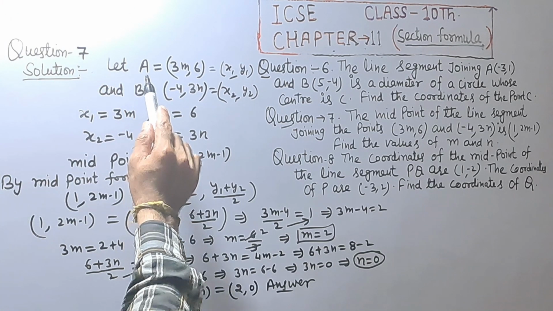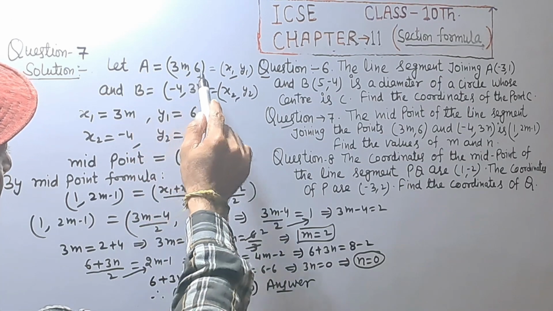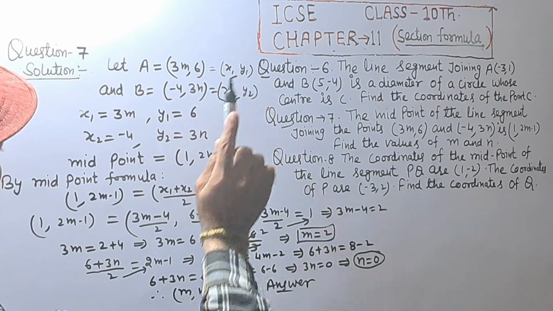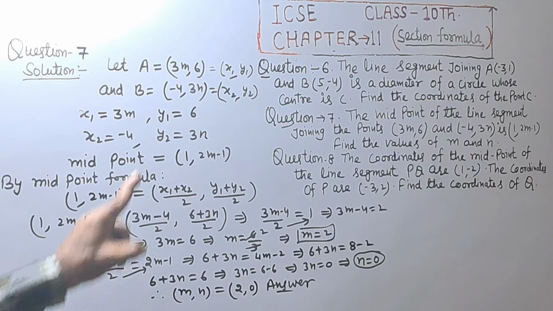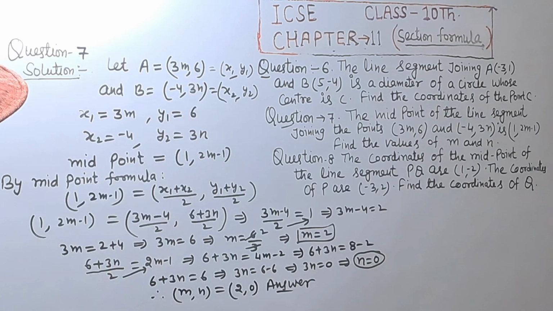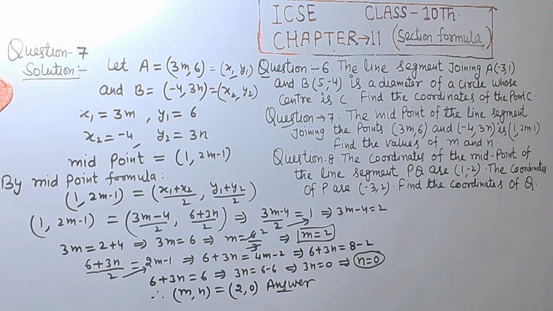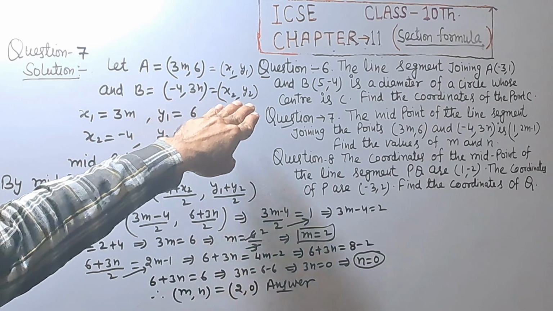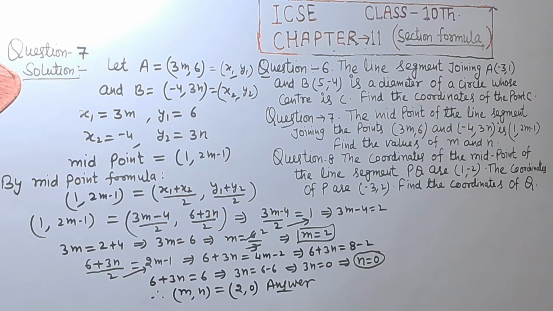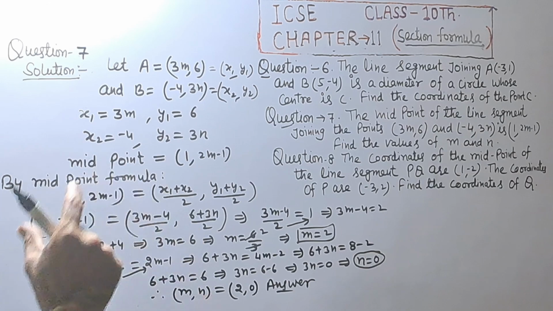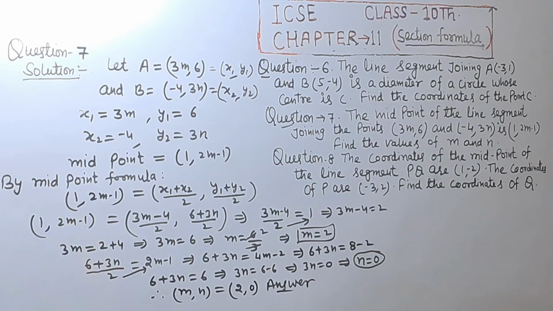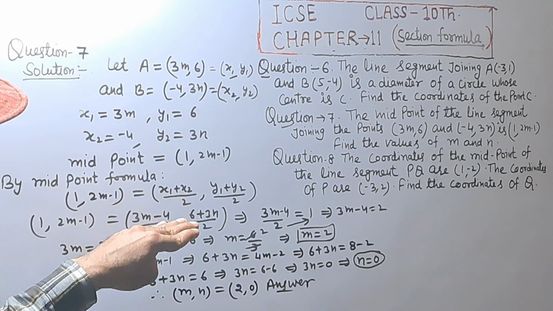Answer. Let A is equal to (3m, 6), that is (x1, y1), and B is equal to (-4, 3n), that is (x2, y2). x1 is 3m, y1 is 6, x2 is -4, y2 is equal to 3n. Midpoint is (1, 2m - 1), its center point, and so by